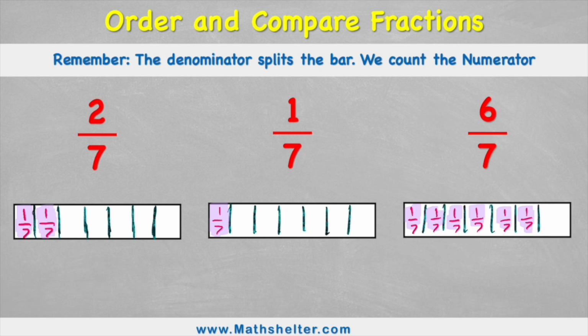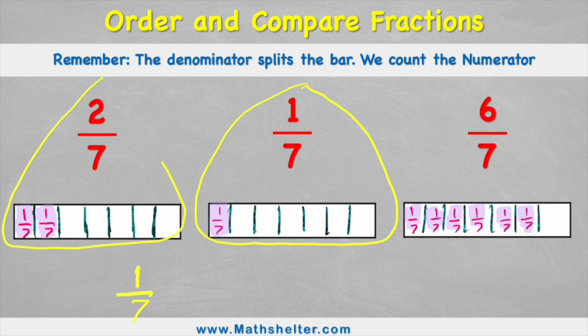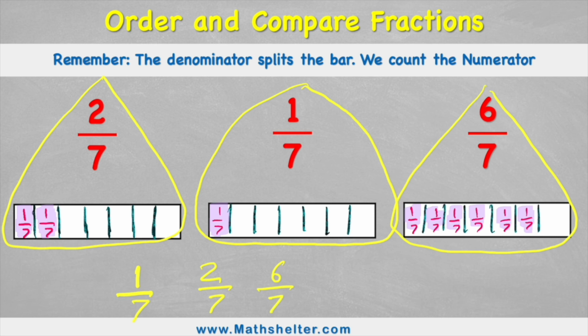Well, which one has the smallest value? Well, if I was going to have one of these chocolate bars, the one that has the least would be this one, my 1/7. I only get a very small little part of the chocolate bar. So my first fraction in order would be 1/7. Then, which is the next smallest, we can see I have 2/7. So my next one would be 2/7. And then the biggest one, the one with the greater value, has 6/7. So when I'm ordering these three fractions, the correct order from smallest to largest would be 1/7, then 2/7,